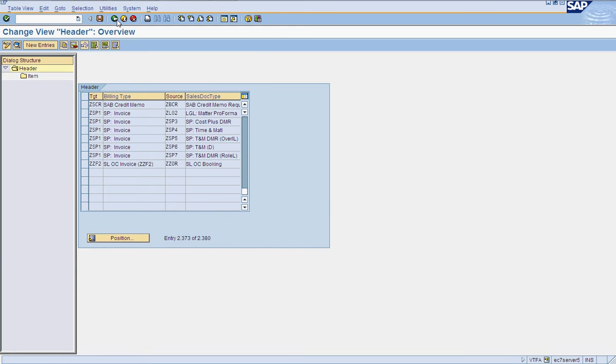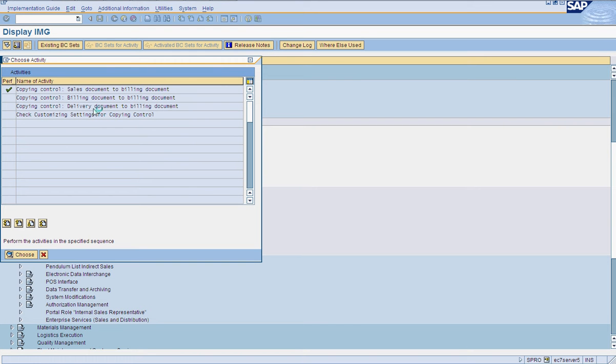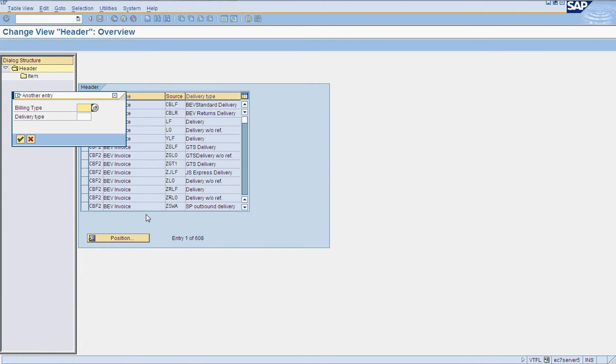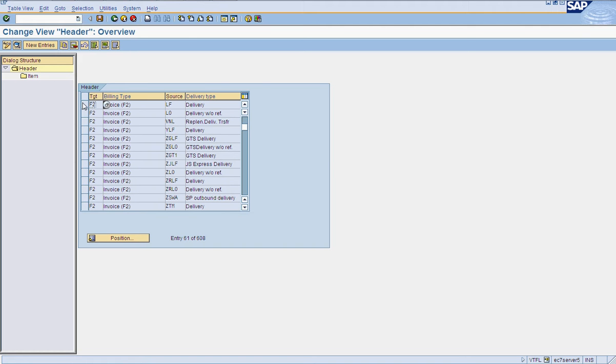The final one is delivery to billing document. We have to use billing type F2, delivery type as LF, which is standard.